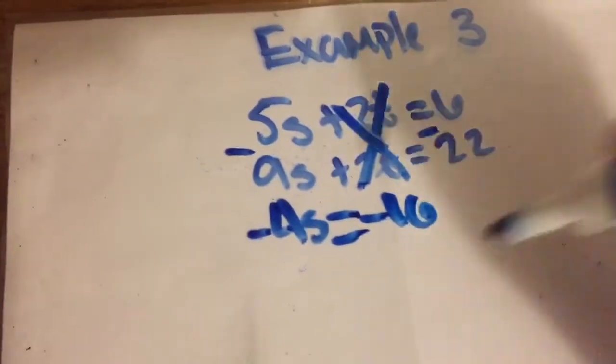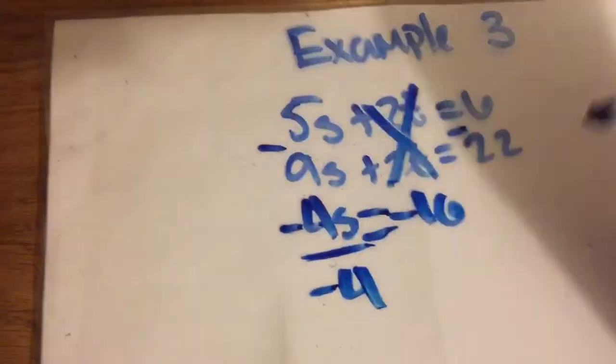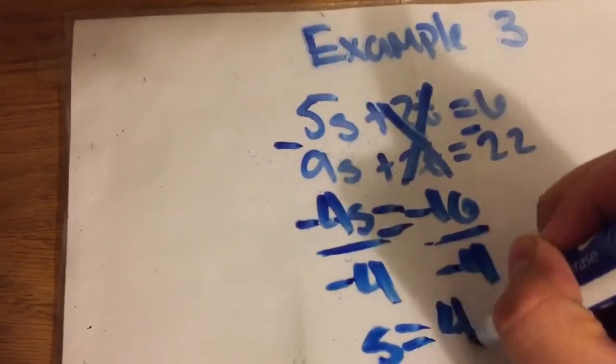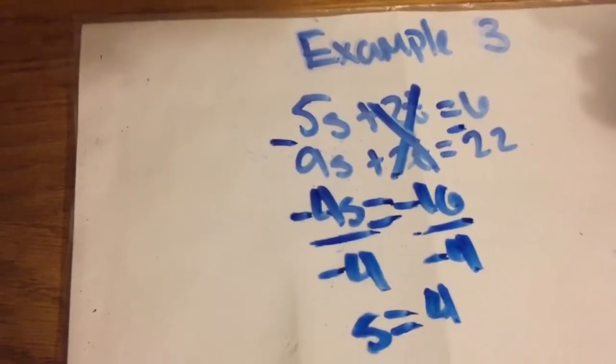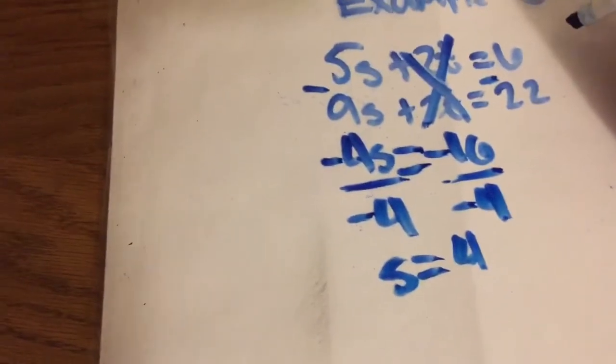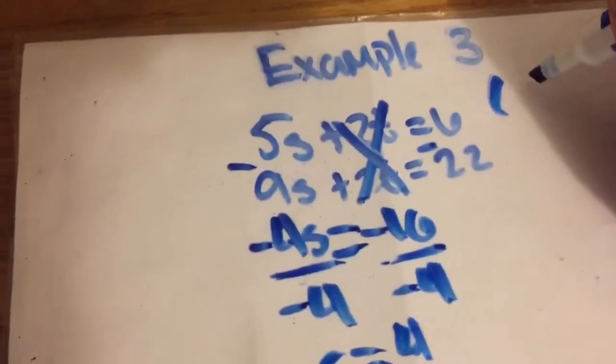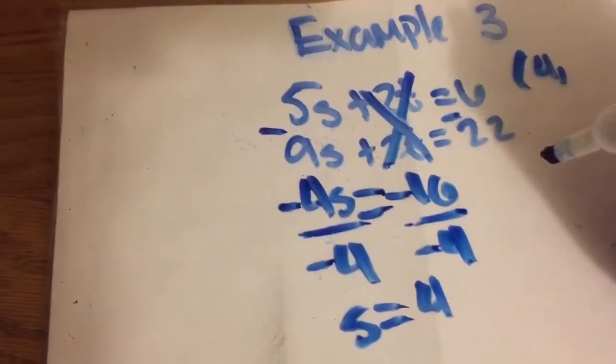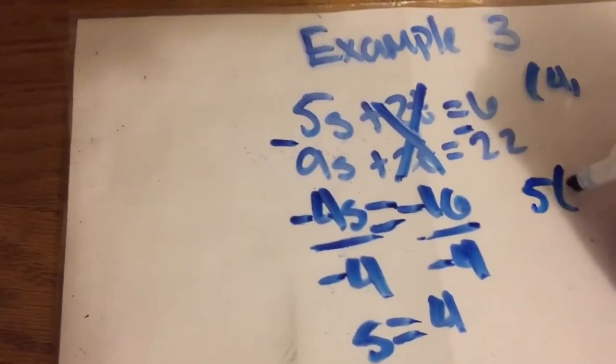So now you're just solving like a normal equation again. Divide each side by negative 4. S equals a positive 4. So now you know the first part of your ordered pair is going to be positive 4. Now you're going to plug 4 again into one of the equations. So 5 times 4